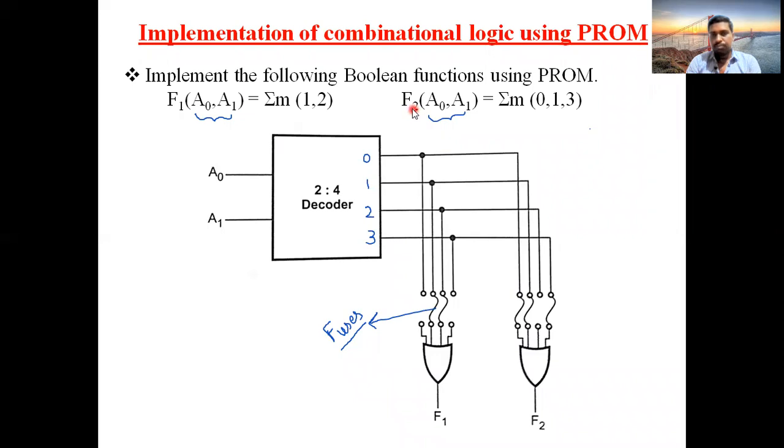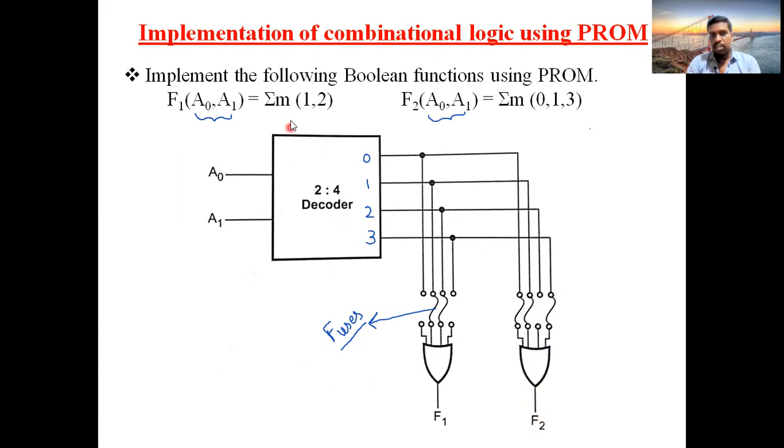Okay, now what about the second one? 0, 1, 3. So if you find here, 0, 1 and 3 are the 3 output pins involved in the second expression. So the 0th pin is linked, the first pin is linked, the second is not given here, so take it empty. Leave the connection. Don't give a connection. Why? Because 2 is not given here. So remove 2 and directly link 3. Among these four, 0, 1, comma 3 are linked with the fuses. The second one is left empty because we don't have any 2 value here, and give it to F2.